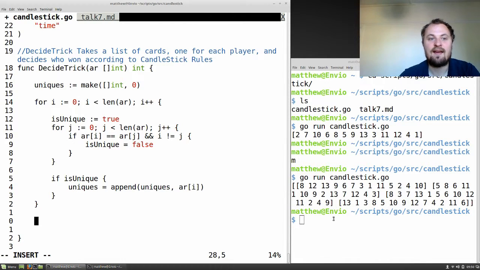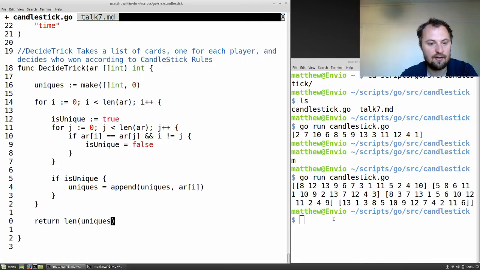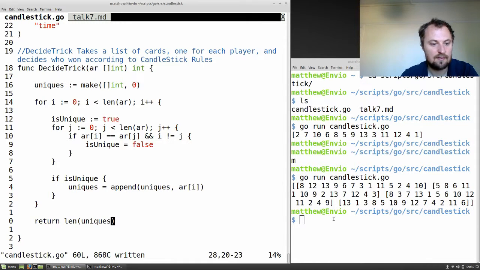So, welcome to testing. Yes, this is actually a good idea to introduce testing now, because this is a perfect place for a test. One of the nice things about functions is that they can do that. For now, we'll just return length of uniques. It's not the correct answer for this function, but